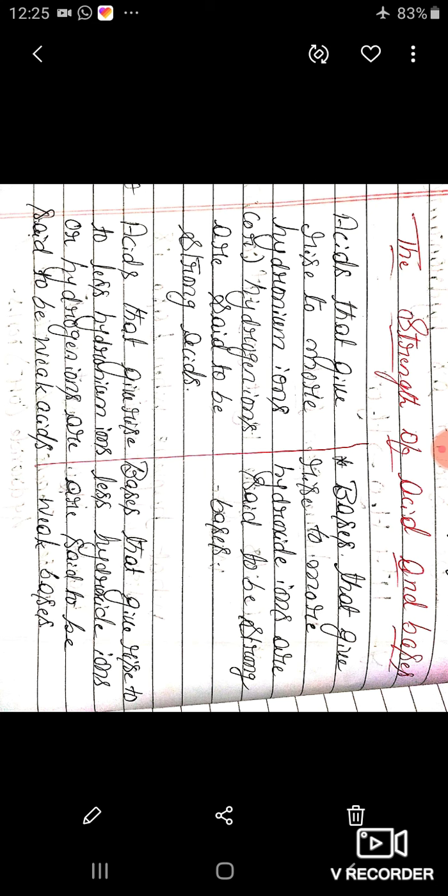Okay, dear students. Today we shall discuss how metal carbonates and metal hydrogen carbonates react with acids, how acids and bases react with each other, and reactions with metallic and non-metallic oxides. What happens to an acid or base in a water solution, and the strength of the acid and base.